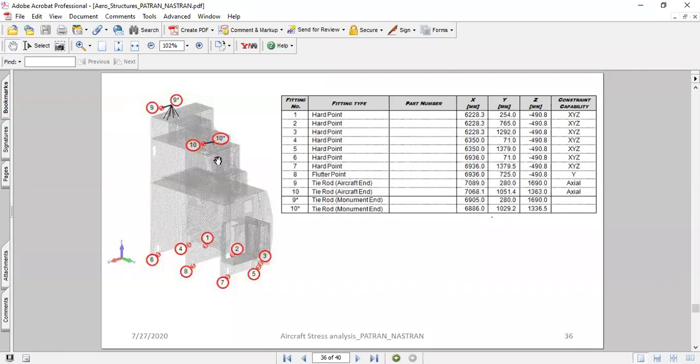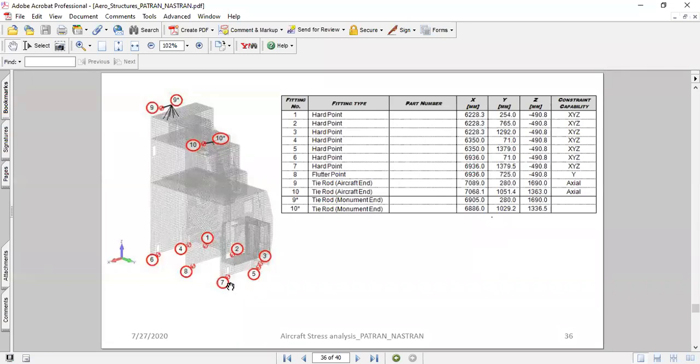So I came up with the finite element model, and these points or interfaces that you are seeing are nothing but the galley attachment points. These are the points where your galley is attached to the aircraft. These are called lower attachments. It is attached to the aircraft flooring, and beneath the flooring there are seat tracks that run. Sometimes some of these fittings go onto the seat track.